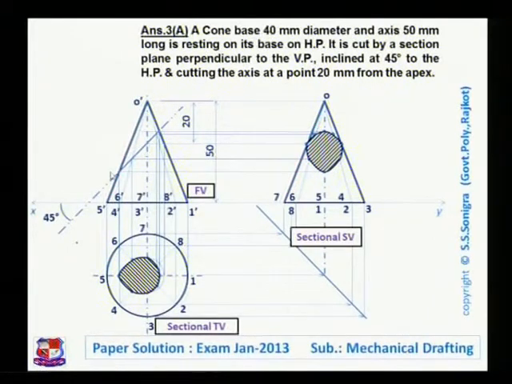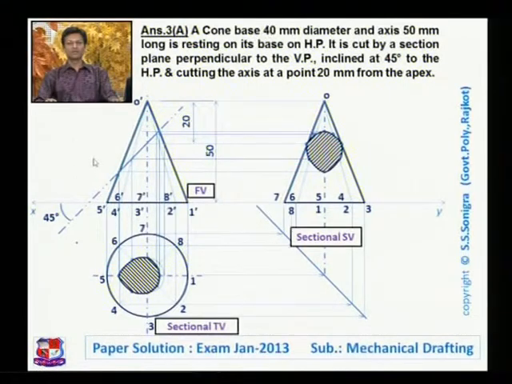As it is cut like this, here the true shape would appear. So to draw the true shape of this cut portion, pick up the points and from these points draw a line, not a vertical line, but a line which makes an angle of 90 degrees with this cutting line, with this 45 degree line. So draw a line like this which makes an angle of 90 degrees with the cutting plane line